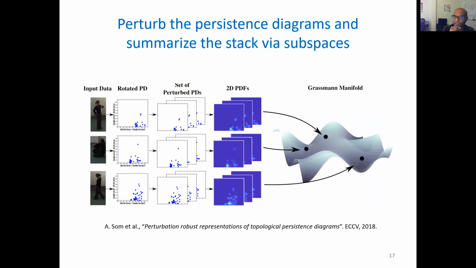Before we compute the subspace, we convert these PDs from a discrete multi-set of points to a more continuous representation using things like persistence images. The way we used it is we put a little Gaussian on each of these points, and you can call this a persistence image, or you can also call this a kernel density estimate of these points on this 2D grid. That's how we think about it.